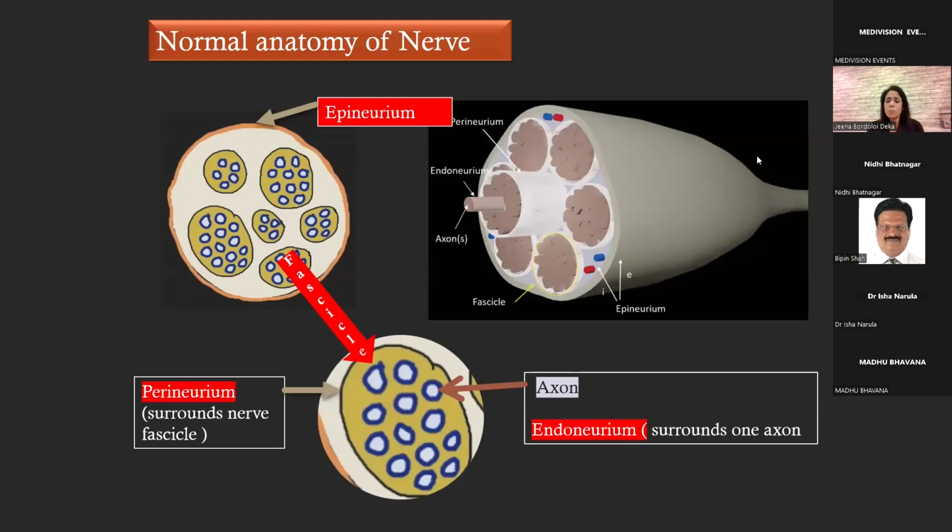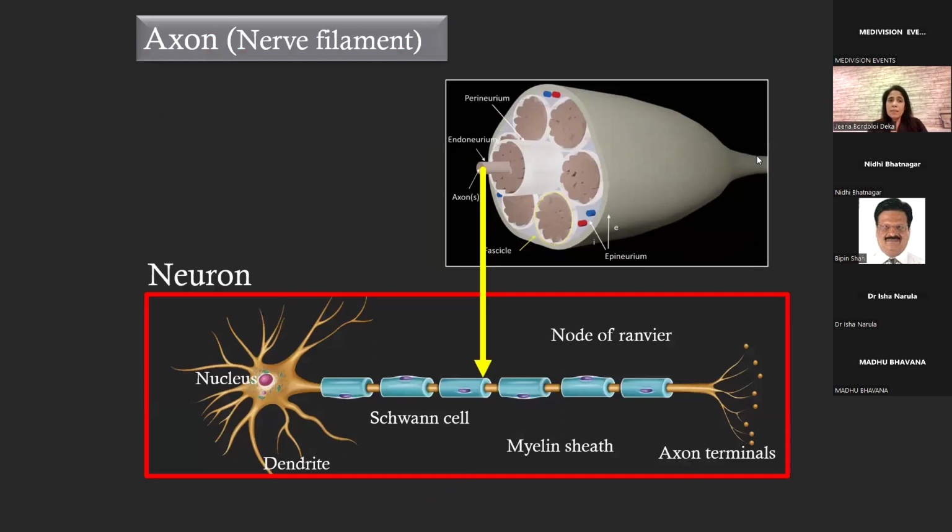So a quick brief about the normal anatomy of the nerve. We know that a nerve is composed of bundles of fascicles, which in turn are made up of bundles of axons. So the nerve as a whole is surrounded by a connective tissue sheath, which is known as epineurium, and the fascicles are surrounded by perineurium, and each axon is surrounded by endoneurium. So the axon is a part of the neuron, which is the basic unit of the nerve, and each neuron is